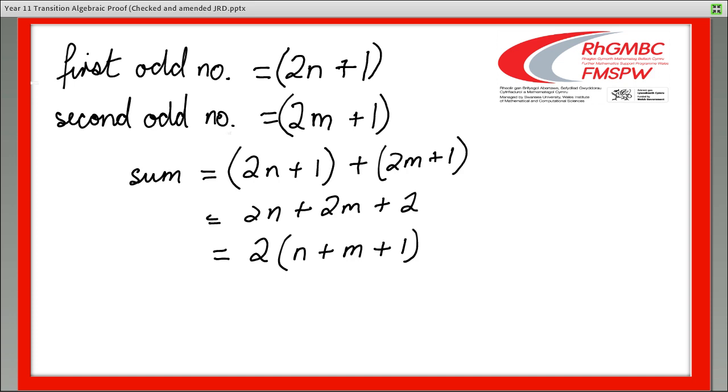Now, irrespective of the values of n and m that any particular student chooses, we add those two numbers, n plus m plus 1. That doesn't matter if that is odd or even. As soon as I double it, I will end up with an even number. So because of that common factor of 2 outside the bracket, the sum of any two odd numbers will be even. So therefore,